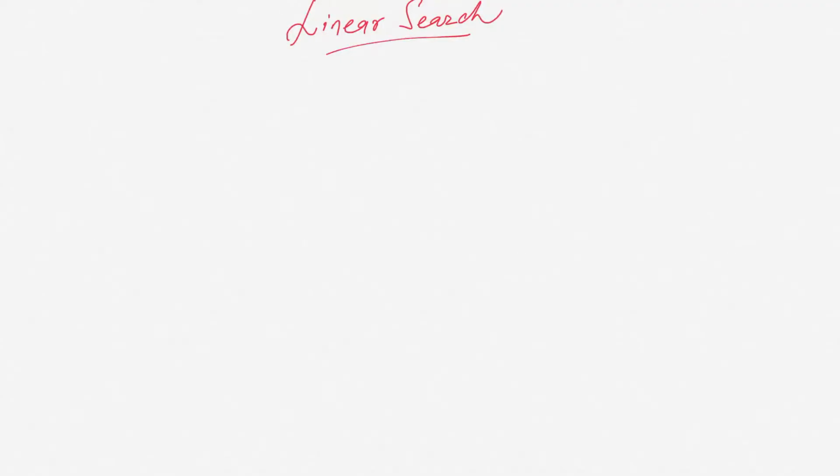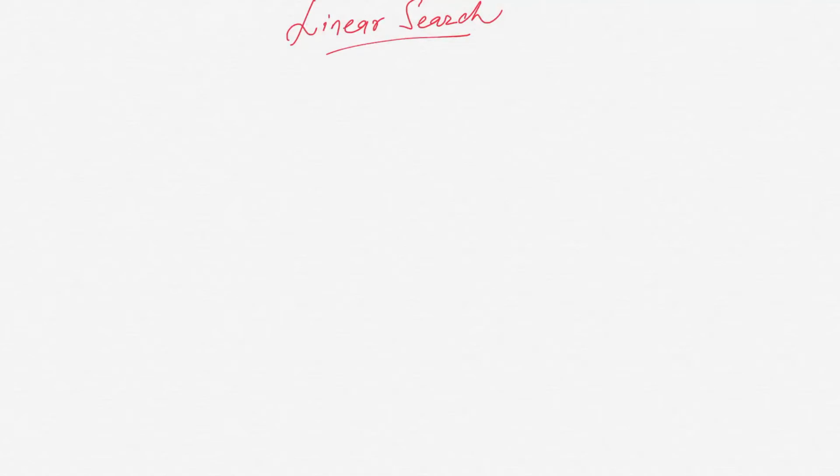Linear search. It's a very interesting topic, and through linear search we will try to learn how search works. Suppose you are given a list, an array, or a table, and you need to find a specific value, the target value. Then we think about linear search. It is not a very optimized way of searching, but before learning other efficient solutions we will look at linear search and how it works.